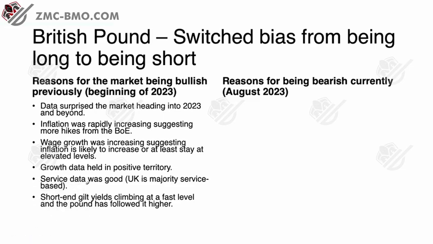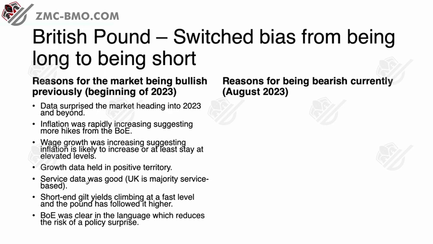So you can kind of see where our thought process is. What's the data like? How is it performing? Okay, cool. What's inflation like? Okay, that's likely to increase the Bank of England. Okay, cool. Yields are pulling higher, which we'll learn in the videos ahead about the relationship. And that is all reasons to get bullish the pound.